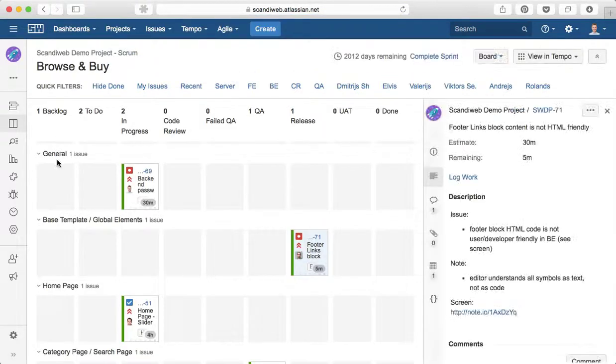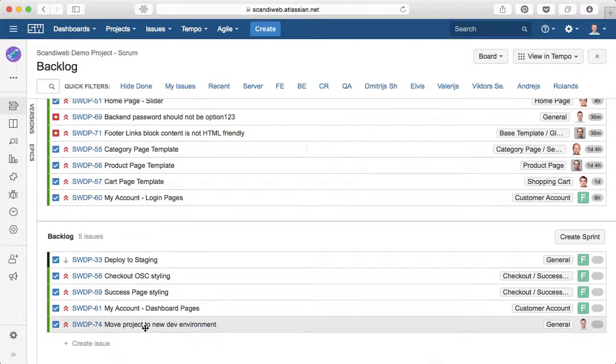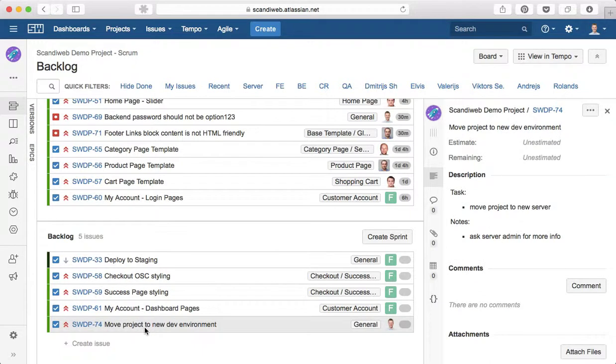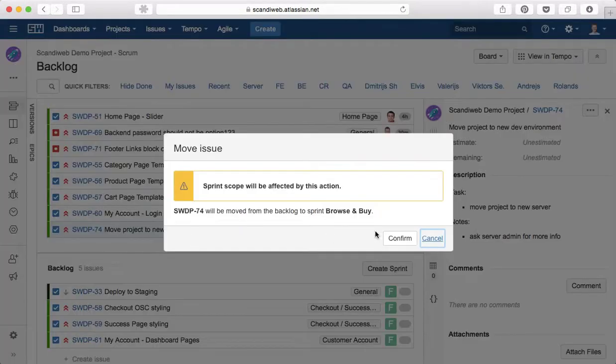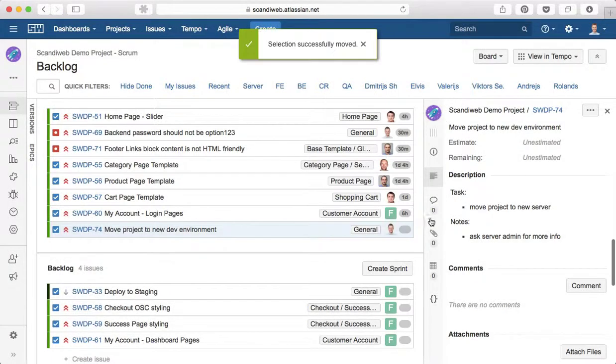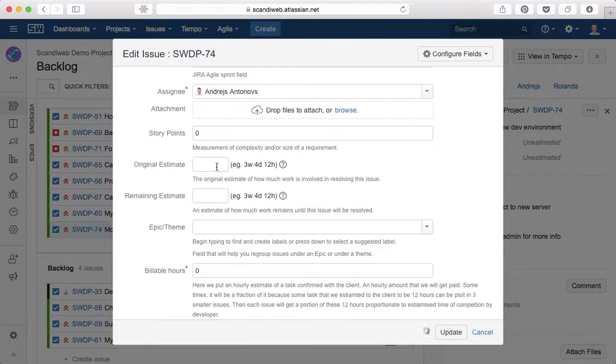And before the sprint begins, we actually have to decide whether we do it in this sprint or not if it requires additional effort and a lot of time. If it's a quick task, we can agree with developers that we will do it this week immediately because it's very urgent, but it's not very good, of course. So I can drag and drop to current sprint and confirm that it will change our time. Also, I need to edit the task and insert the time which is required to do this. For example, 4 hours,